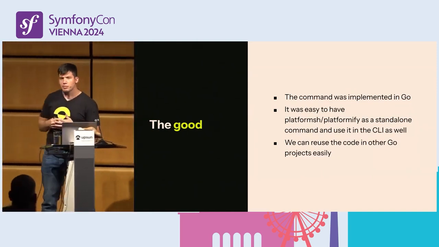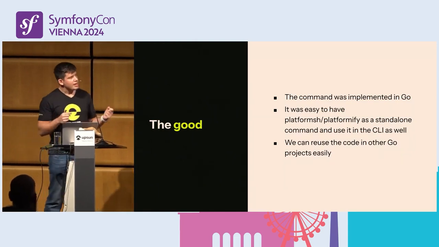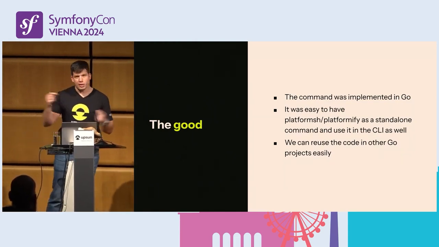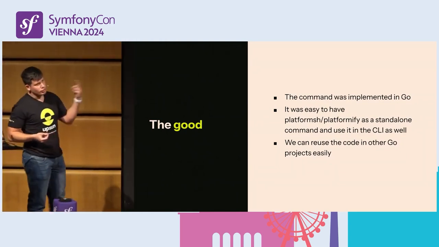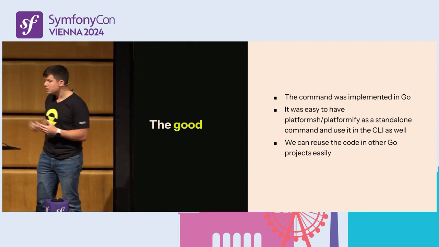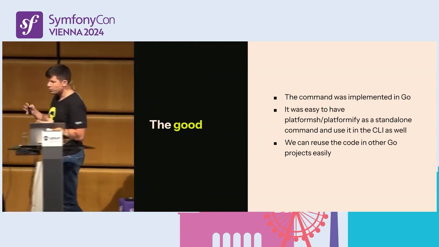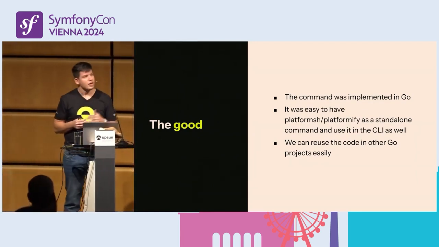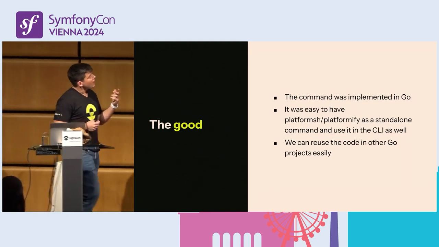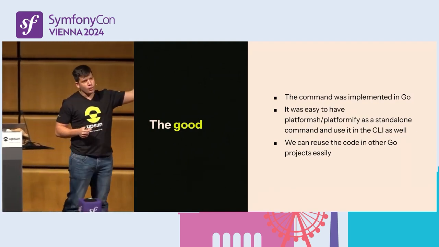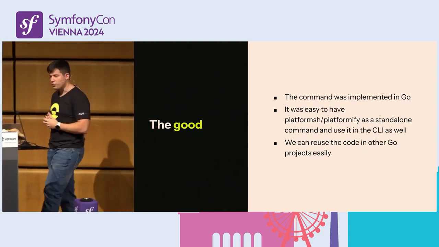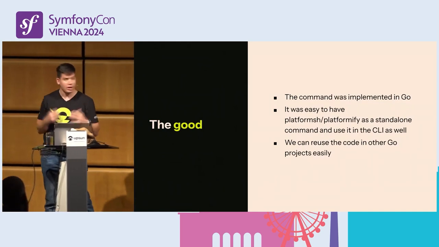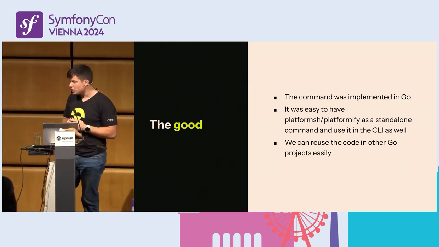The second thing was that by using Go, we could easily embed tooling that was written in Go in other places. So, for example, the absent project init command that we were discussing before is in a different repository in GitHub, which is called platform/platformify. This means that we can either create the binary from that, or we can embed the binary of the command inside the Go CLI of absent. So this means that we can easily have flexibility in there and all those things.